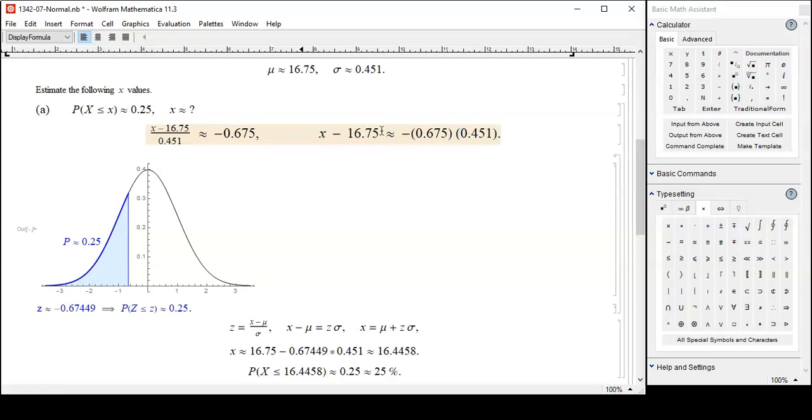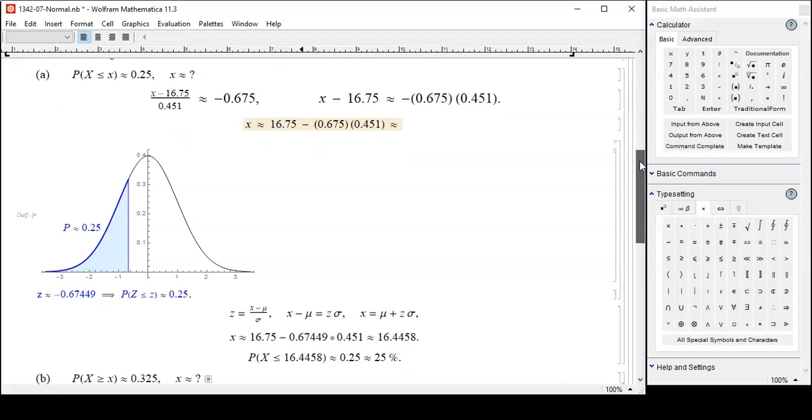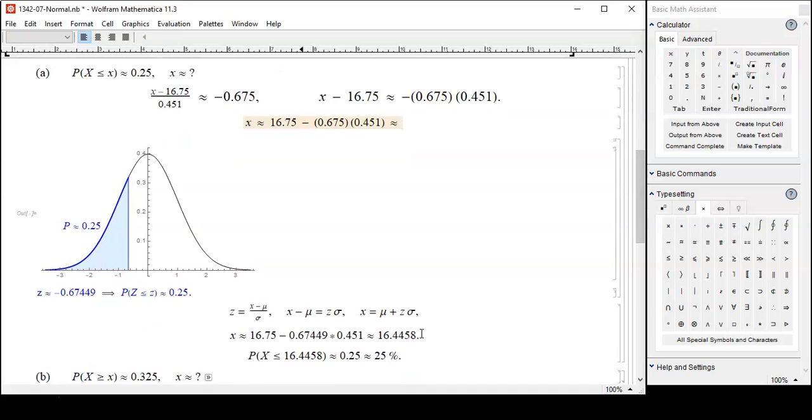And then if you flip this one to the other side as well, then you're going to get x is approximately equal to 16.75 minus 0.675 times 0.451, and then punch your calculator, you're going to get something. And that's exactly this equation. And in the end, what do you get? We have 16.44 something,